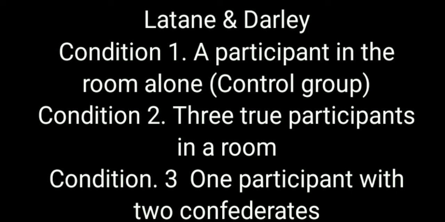Group of 3 true students, they reported only 38% of the time. And the students who waited with two confederates who were instructed beforehand by the researcher not to react, not to do anything, they reported only 10% of the time. Other than the experimental manipulation, all other conditions were kept constant for both experimental and control group, such as the speed with which smoke started entering the room, and all other conditions like the size of the room, temperature and other conditions.